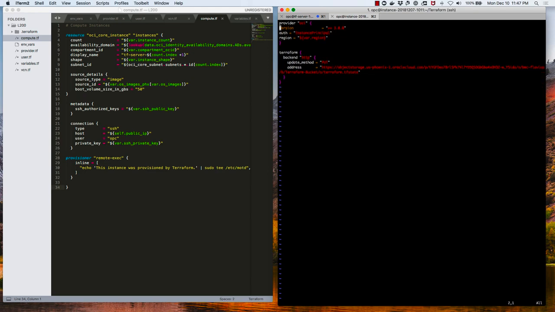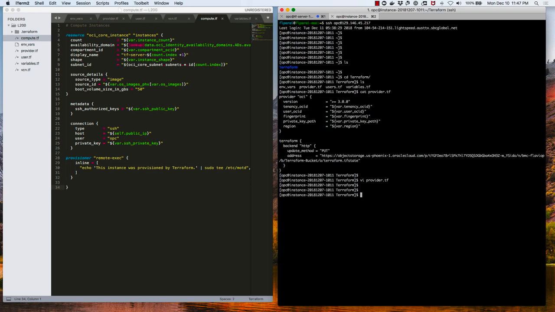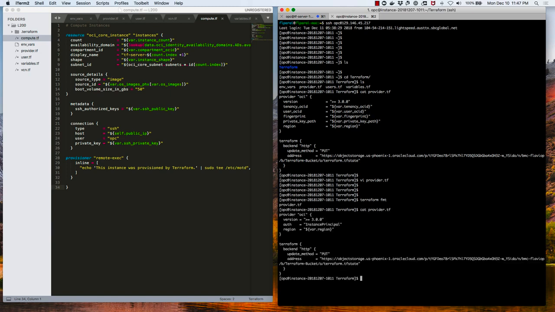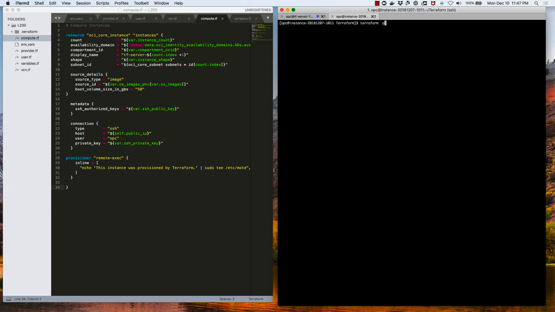Okay, let's just save. And I can just do terraform fmt, which is format, just to format the file. You can see here it formats in a nice way and puts the configuration in a better way to read and display. So now I have that loaded here. If I source my variables and try to do terraform plan,